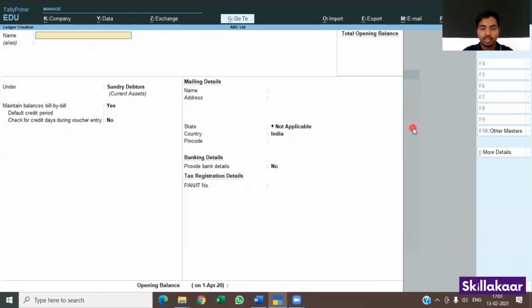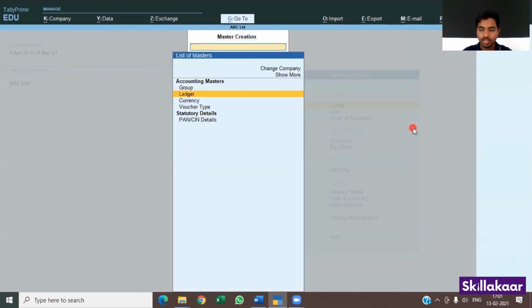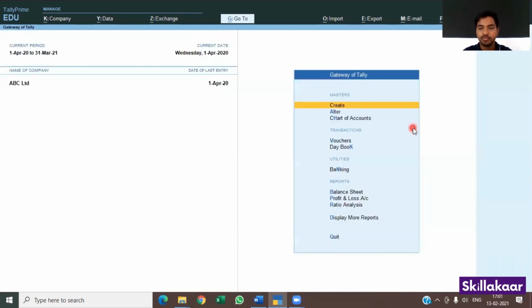Now let's again go to gateway of Tally. You have to press escape to get back there. So escape, quit, yes, escape. Now this is the gateway of Tally. Now here go to vouchers,